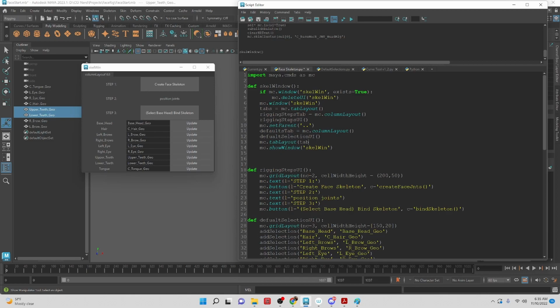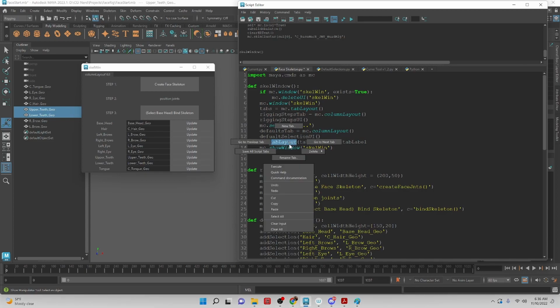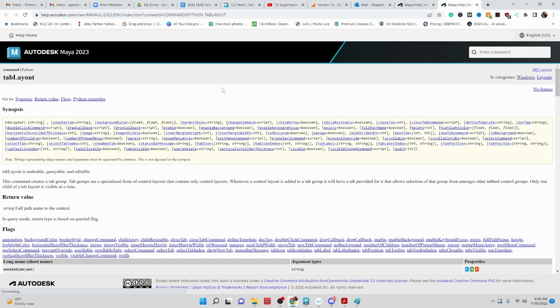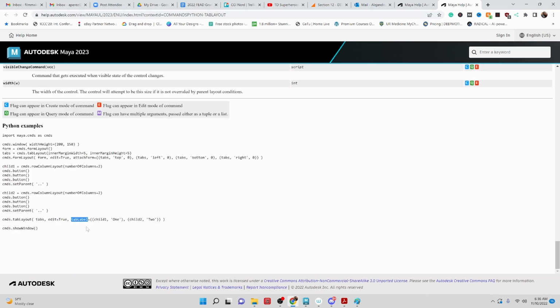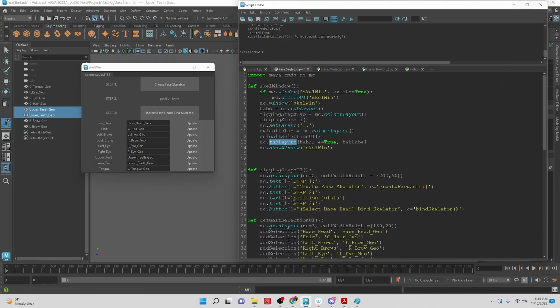And then we're going to call tabs as the layout that we are modifying. We're going to say edit equals true. Then we are going to say tab label. And let me double check if there's a casing there that is required. So we have the tab label capital L. Okay, so tab label, not plural, equals, and then we're going to open and close parentheses where we're going to